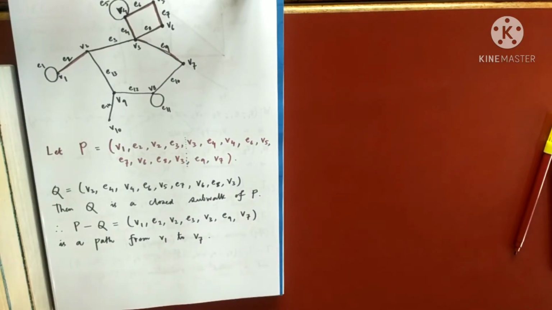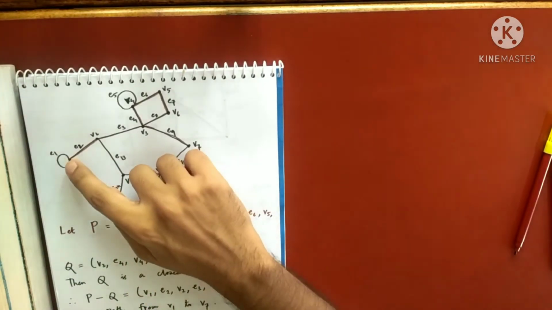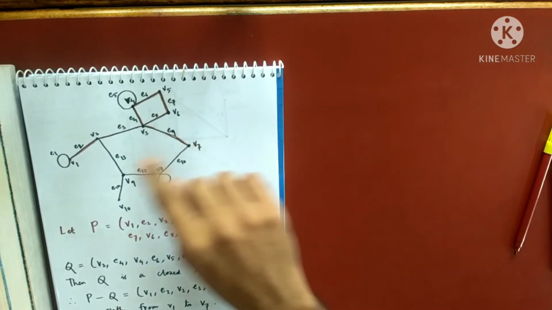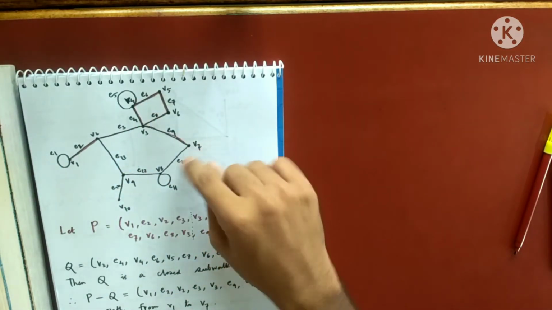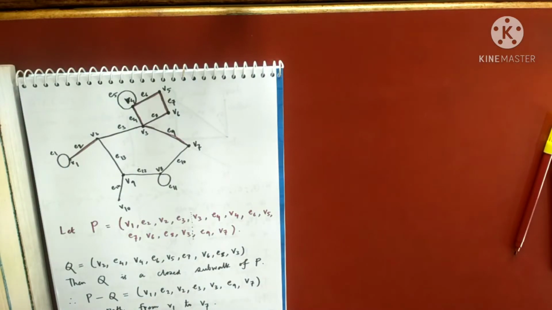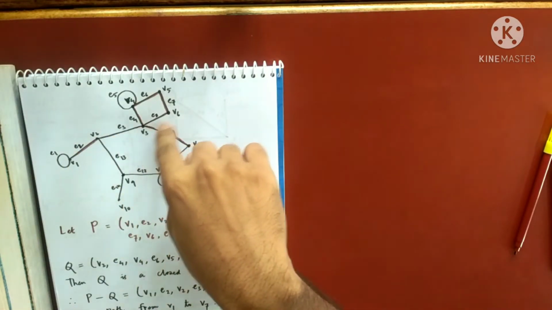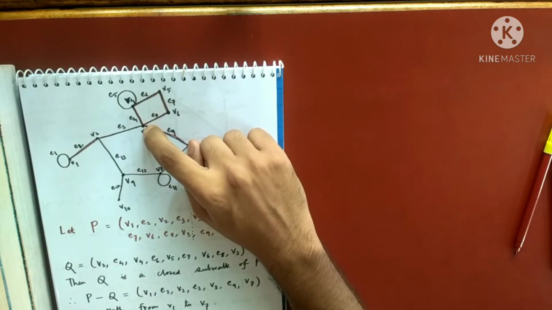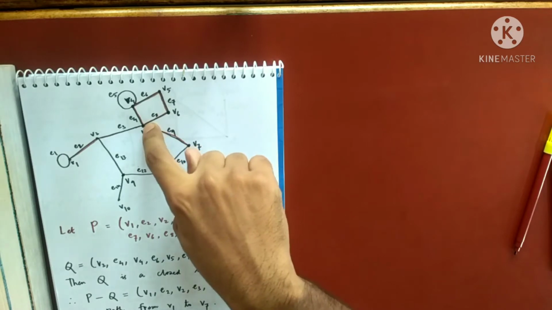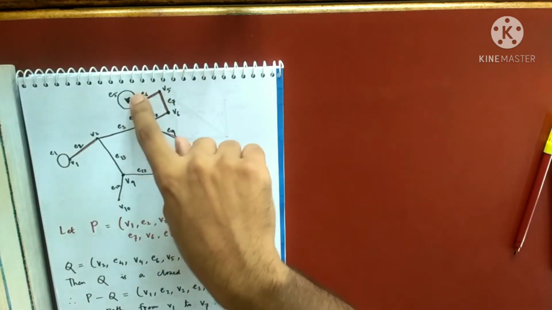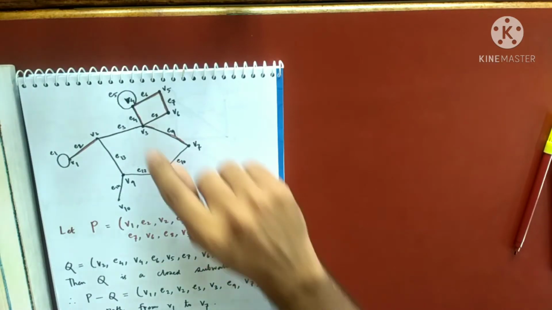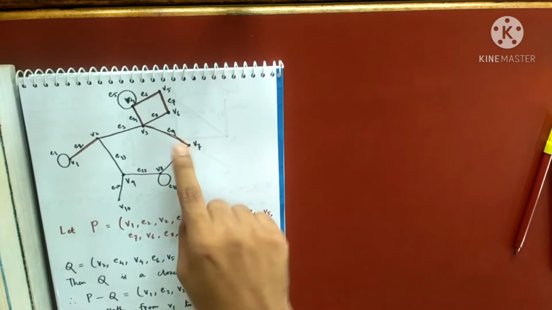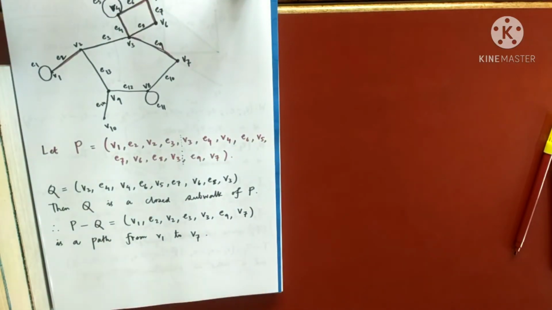So try to understand what I am doing. You give me any walk from V1 to V7, or from any vertex to any other vertex, and I can reduce this walk to a path. This was not a path because the vertex V3 was repeated twice. When a vertex is repeated twice, there must be a closed subwalk. I will remove that closed subwalk except that vertex, and then I eventually get a path. Understood my point?